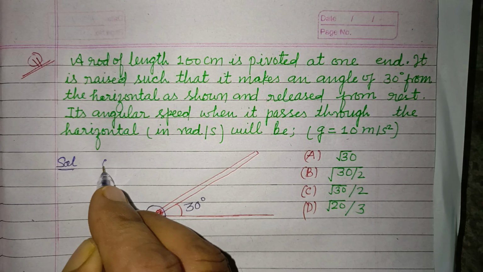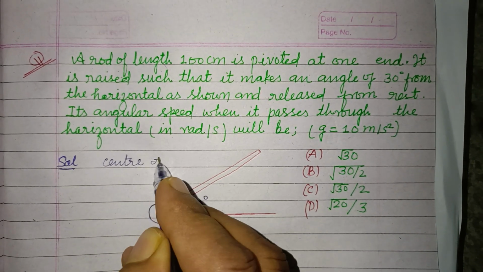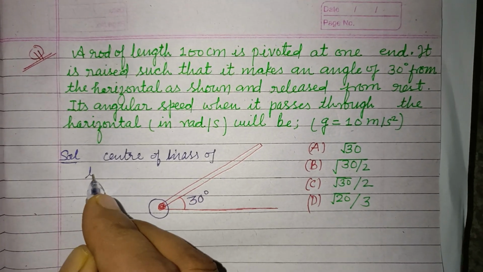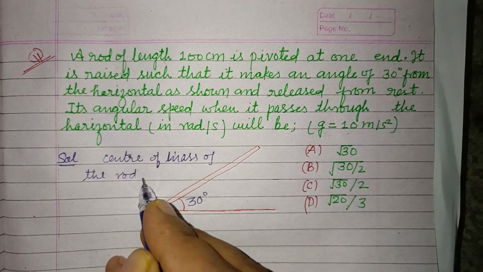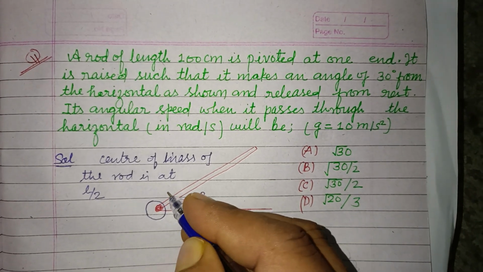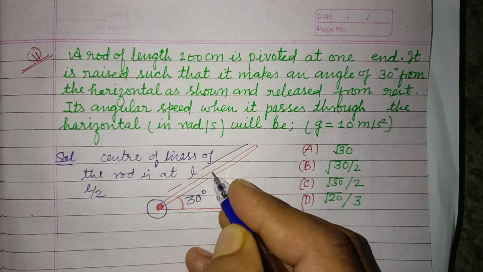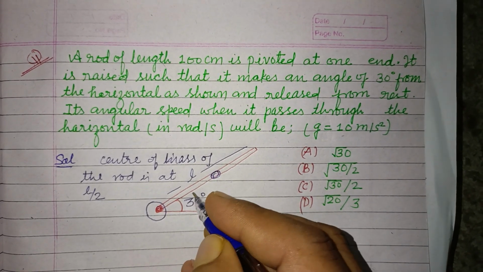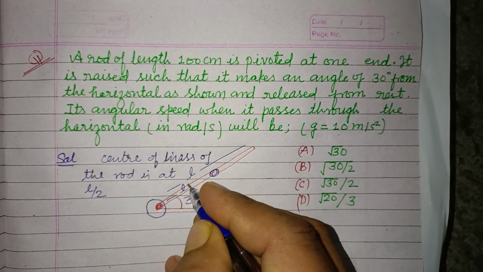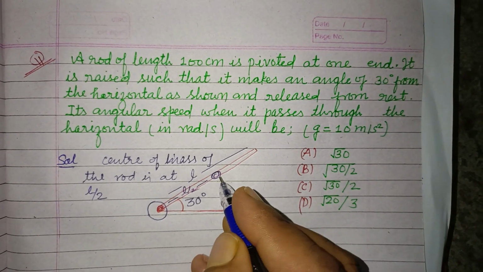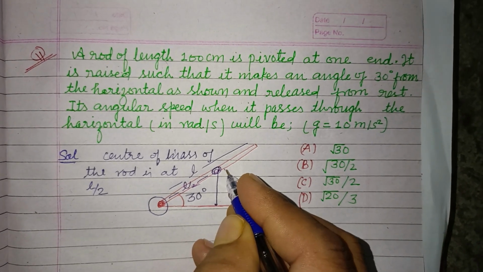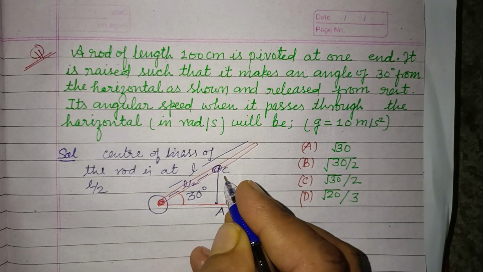here the center of mass of the rod is at L by 2. If this length is L, then the center of mass is here at a distance of L by 2. So this distance is L by 2. Now this center of mass moves from this point to this horizontal point. This is center of mass C to A, and this height H